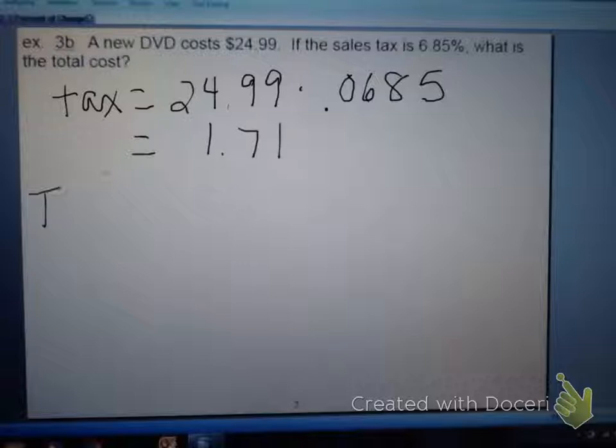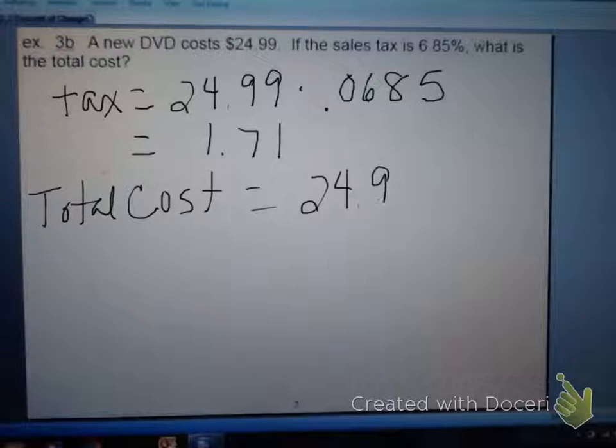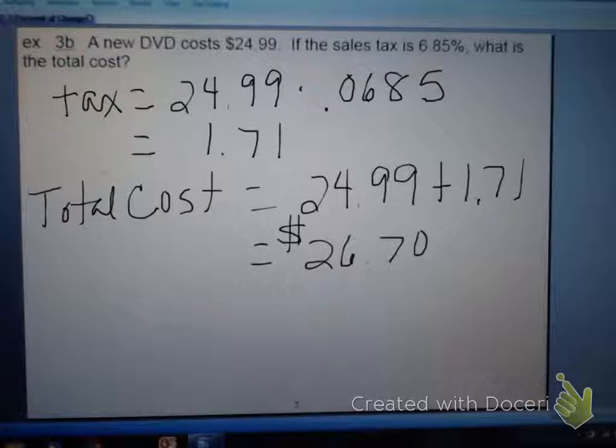So the total cost is $24.99 plus the $1.71 for tax, and you get $26.70. Now I'm going to show you a little shortcut if you can remember this. If you cannot remember that, that's fine. You can skip a step and go straight to the total cost